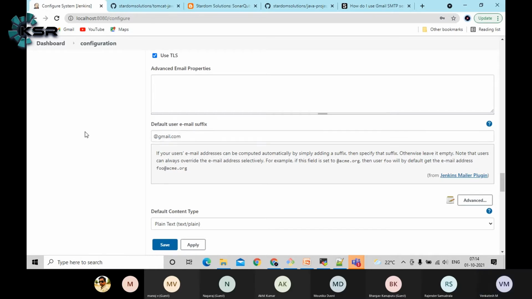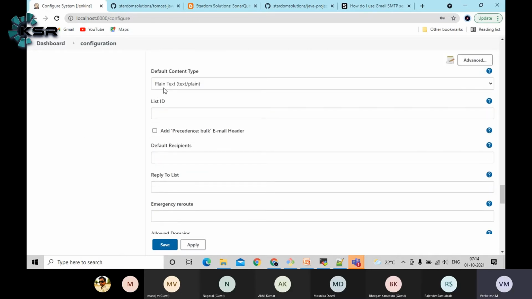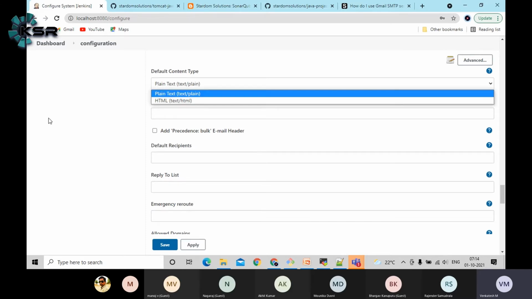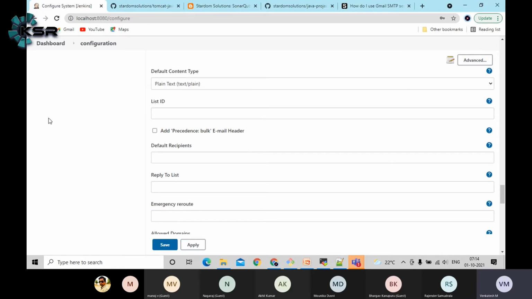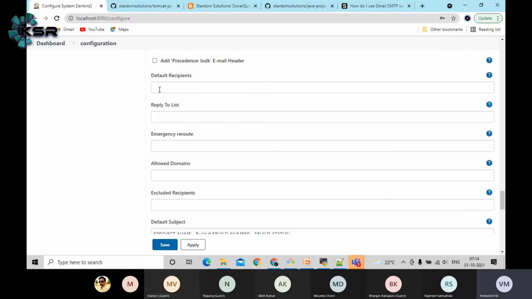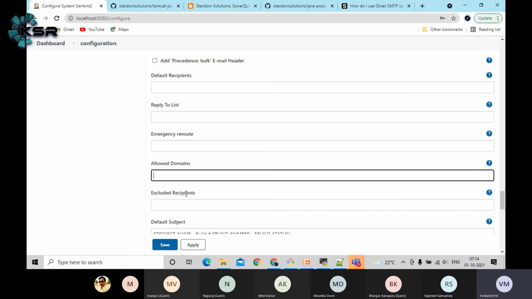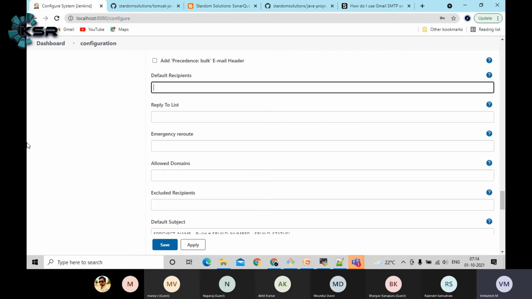Then what kind of details? Say like plain text or HTML message? Let's choose the plain text messages. Then this is the default details, guys. If you want to add some details, you can add it here. So here, just for our temporary purpose, there are some mail servers, guys, which are open to the public. That means you can create an email within a couple of seconds.